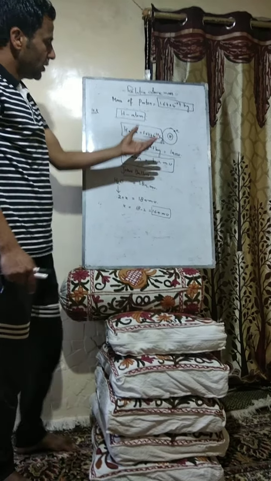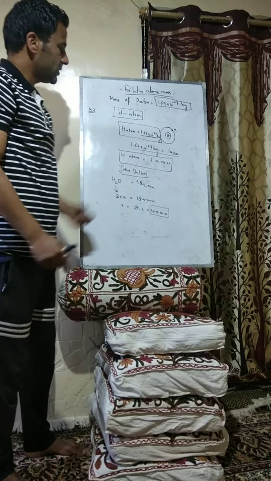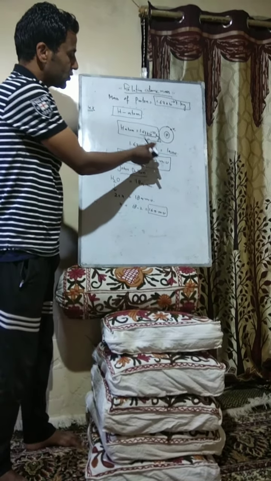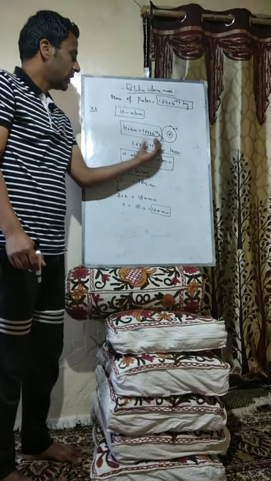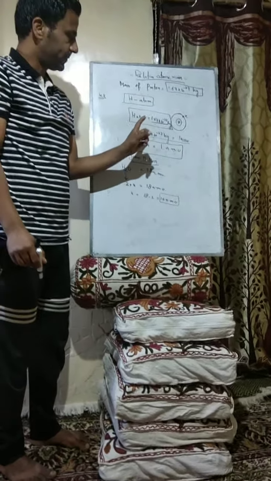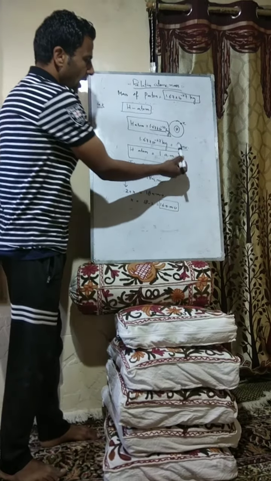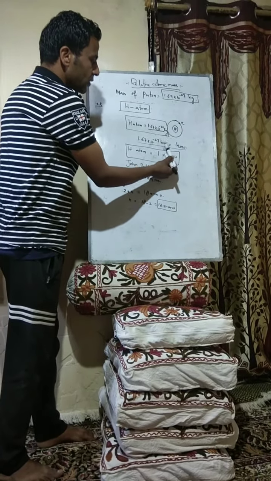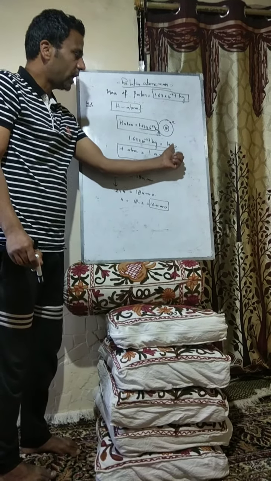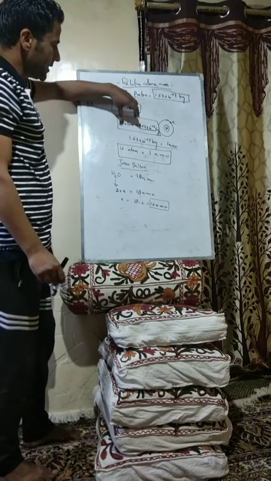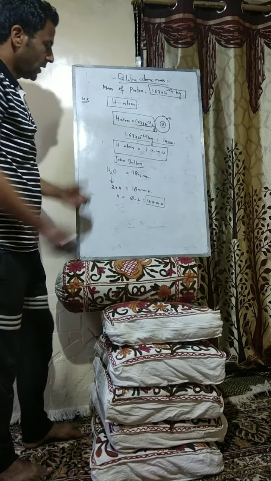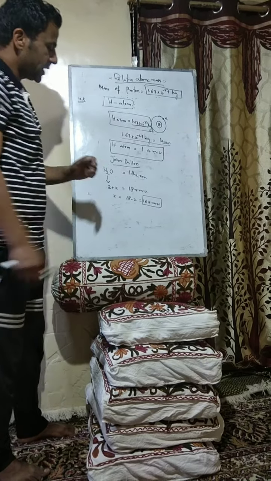Now in chemistry, we simplify things. Instead of writing 1.67 x 10^-27 kg, we write this as 1 AMU, that is atomic mass unit. What is atomic mass unit? Atomic mass unit is equal to the mass of proton. So if the mass of proton is equal to 1 atomic mass unit, then the mass of hydrogen atom is equal to 1 AMU.